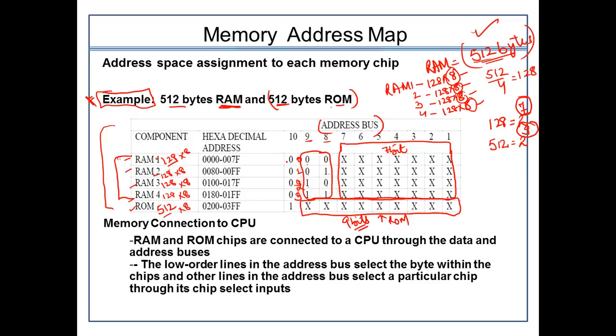Then later on, you can see here these are the zeros and only one bit there. So what does it mean? This 0 0 0 0 and 1 says that the 10th bit is usually for the selection of the ROM chip. CS2 is depicting the ROM chip, right? So CS2 is with the complement.